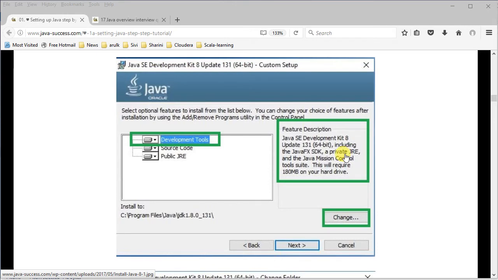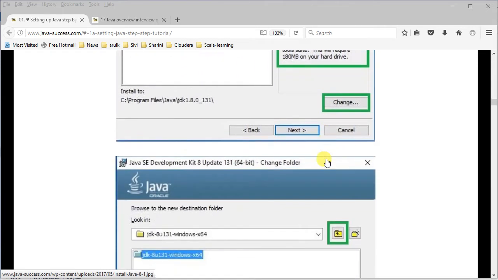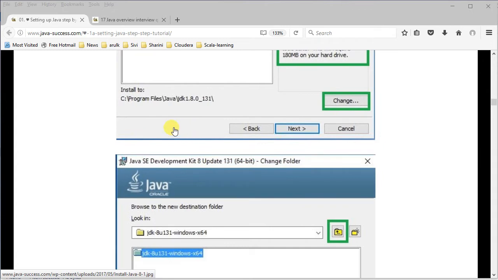If you're only going to run Java applications, that is if you already have a Java files or a bytecode, you want to run it, you can download the public JRE and then you can run your Java applications. But in this case, we're going to develop Java applications, so we need the JDK, and which comes with a private JRE as well. And by default, it will suggest program files Java JDK folder as the folder to install